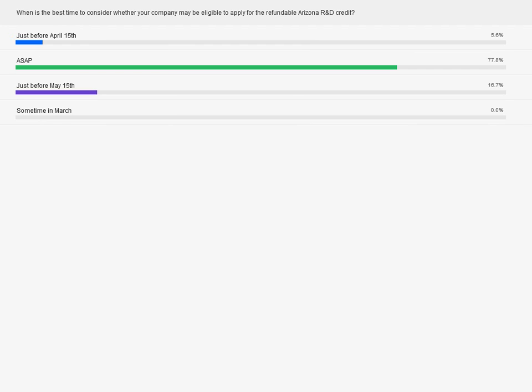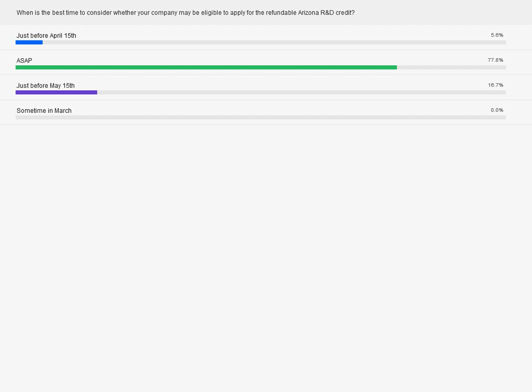Yeah, the real key, if you're going to get the refundable credit, is that we have to start the process of figuring it out right now. As Peter mentioned, it has to be filed, I believe, on the first day they're accepting applications, because the whole refundable $5 million will be gone after the first day. Yeah. The tax return can be done later on, whenever you typically do it, whether it's through extensions or not, but you have to get approval. Yeah. But if you're not going through the refundable process, or if you're not interested in that, if you have a large tax liability you're anticipating, then it is okay to wait a little longer.